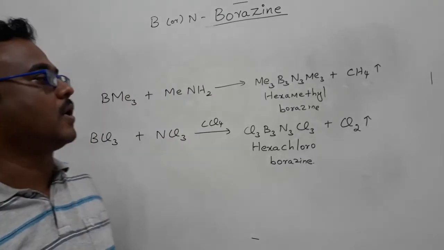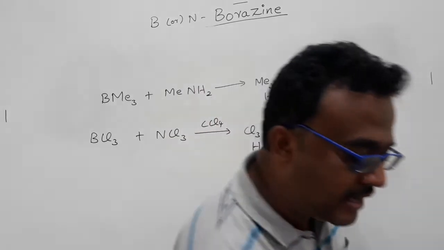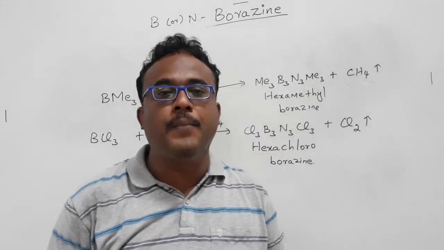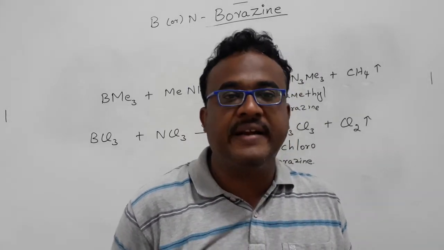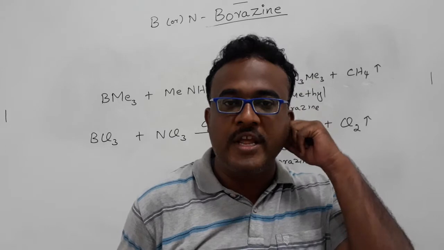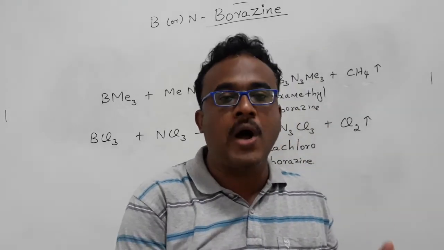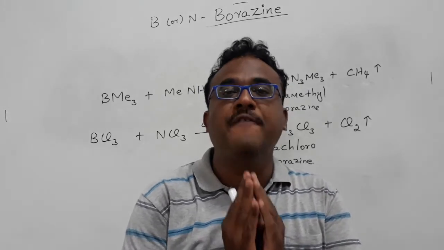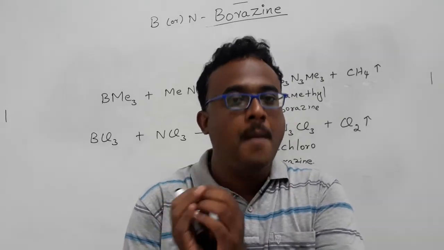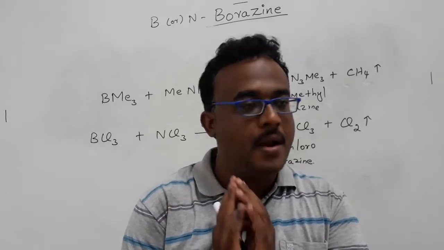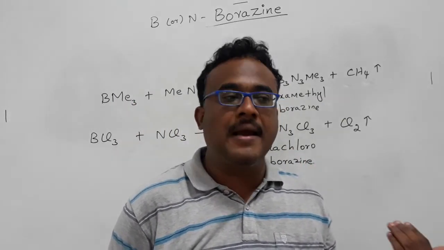Okay. So these are the various synthetic procedures for synthesis of borazine. You can get borazine directly by reacting boron containing hydrides or halides with ammonia or ammonium chloride. Or in case you want to get boron or nitrogen substituted borazine, you have to choose the appropriate precursor. Okay, the synthetic part is over now. Now I am going to talk about chemical properties.